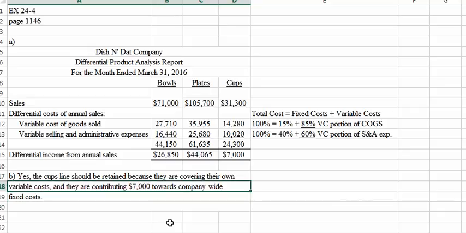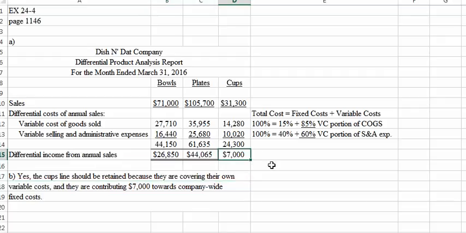Hope that makes sense. Not only are they covering their own variable costs, but they're kicking in $7,000 towards fixed